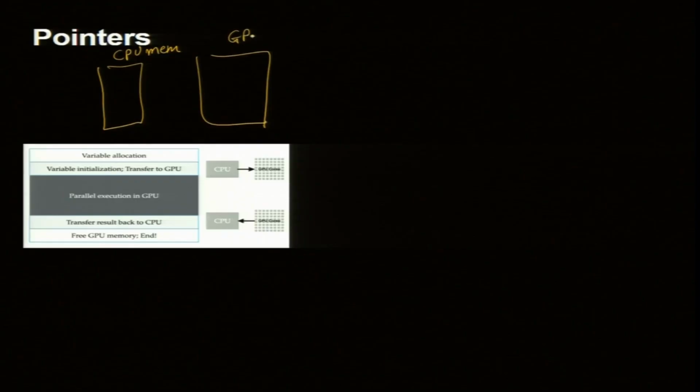Just imagine that this is my CPU memory and this is my GPU memory. My array will sit here, but I am controlling from the CPU. So, what do I need? I do not have the array, I have the pointer to this array. That is how pointers are very critical for GPUs, you cannot manage without pointers. So the code will have a lot of stars. Pointers are stars.